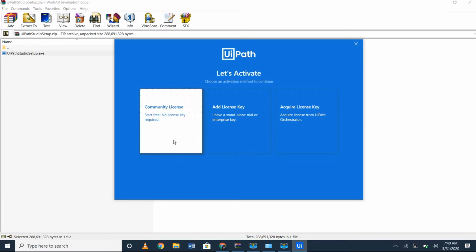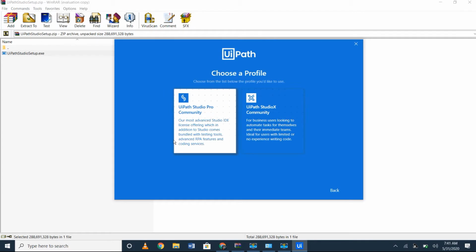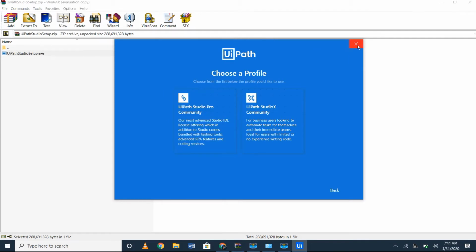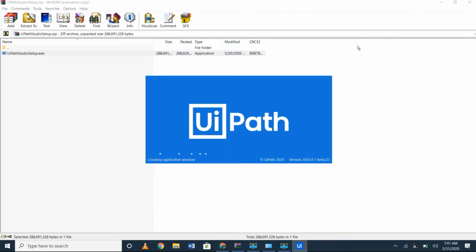Out of these three, first click this one, community license, start free. So no license is required. You can click that and close that window. So click the first option. It is the free option, no license key is required. Once you click that, you will get this UiPath tool.